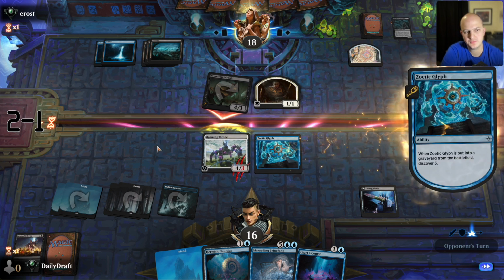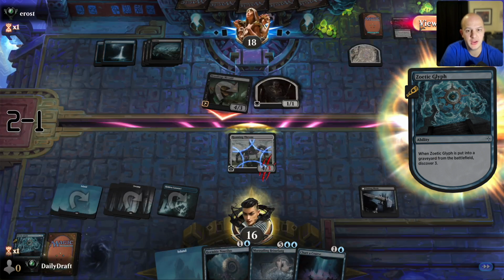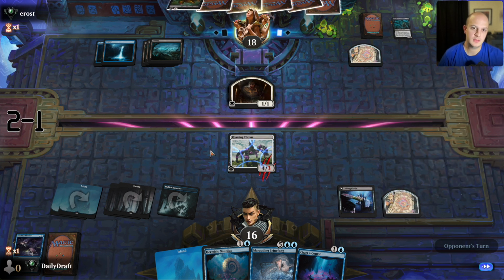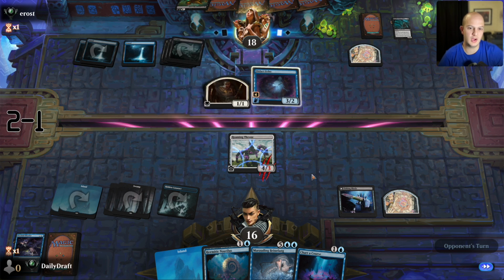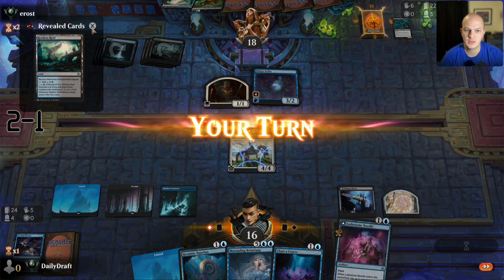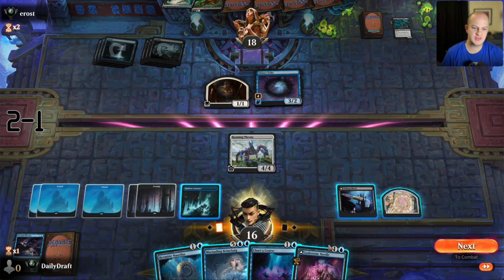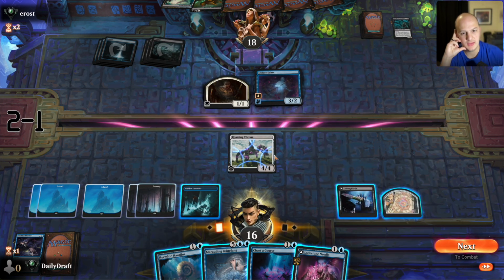Okay. Zoetic Glyph finds Brackish Blunder. That works. Okay. Didact Echo. Okay, were they just trying to put cards in their yard for the Echo or something? Hit a land. There we go. One, two, three, four, five, six. So we can do Nautilus, Charter Course, and Lodestone Needle here. But the thing is, if I attack with the Throne,